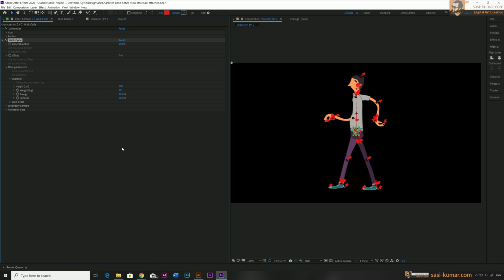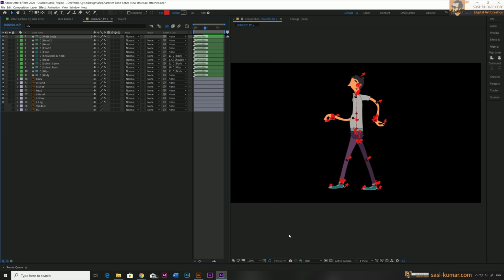For example, if you increase the softness and go back and play, you will see the character walks a bit funnier than earlier, and the hands and legs have a big wobbly effect like this. Let it render. Okay, now if you see the real time, the character is moving even funnier. So you can play with these settings and get a very realistic or very funny walk cycle.